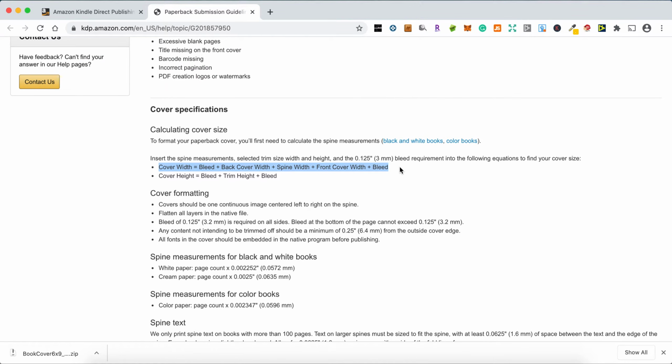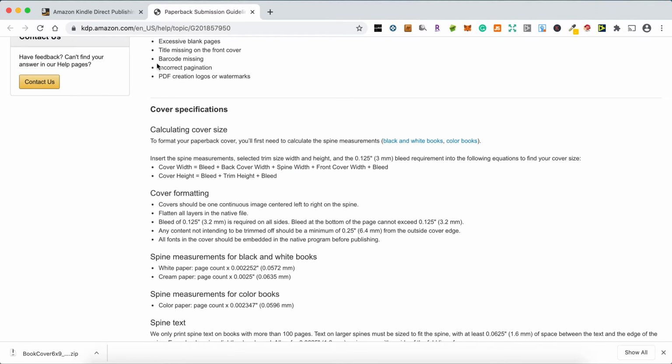Look, it actually tells you how to calculate your cover width, but essentially you're looking at 0.125 inches or 3 millimeters of bleed requirements for the back cover, the front cover,